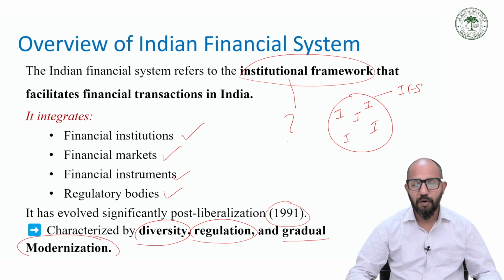So we have modernized in terms of how the financial system works. A decade back, in order to take a loan, you would have to run from pillar to post, and it would take more than 30 days to sanction a loan. Today, with the use of digital technologies, e-stamp papers, e-signatures, etc., a loan disbursal can happen within 2 to 3 days. All this modernization has been possible because the Indian financial system is still evolving.